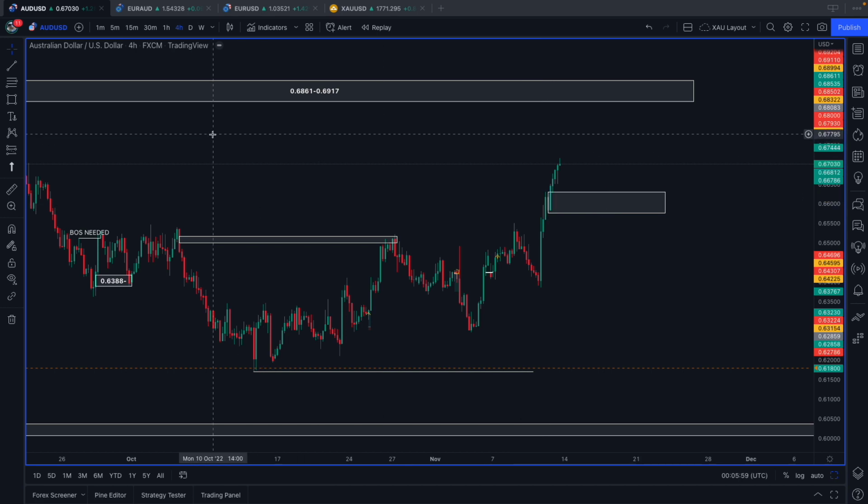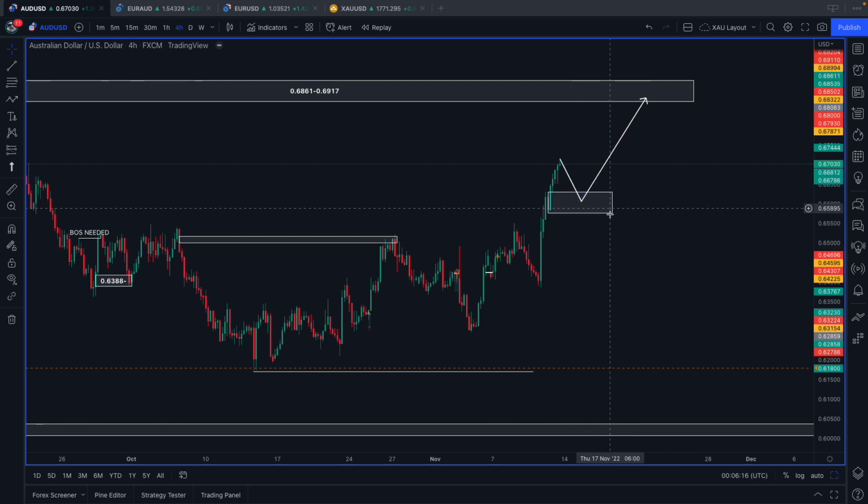So what we would want to see essentially is, if I just get the path tool out again, price trail into this and reject, taking its next fractal impulsive wave higher. Okay, so we could use this as a zone to get involved in. If you guys want to mark this out for yourself, just highlight this red candle here. This is the last sell to buy zone on the 4-hour time frame. Mark it out for yourself.